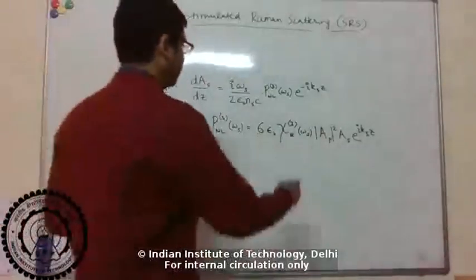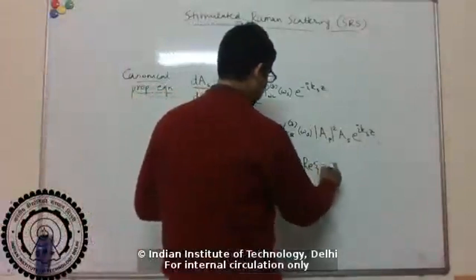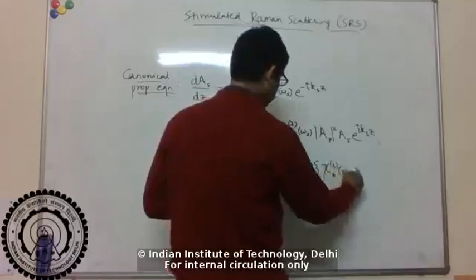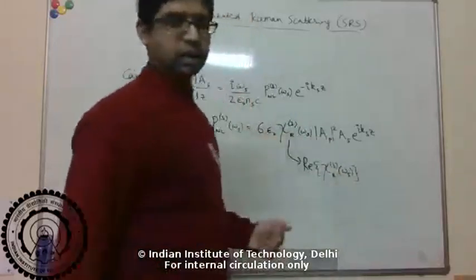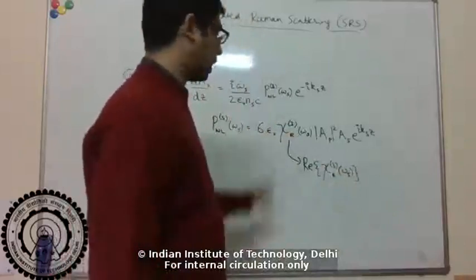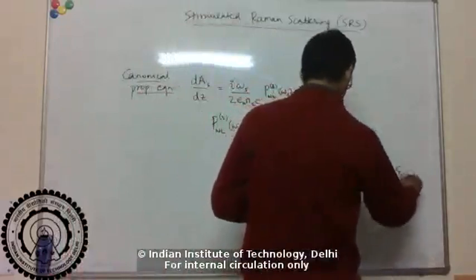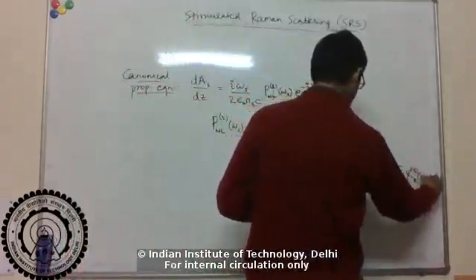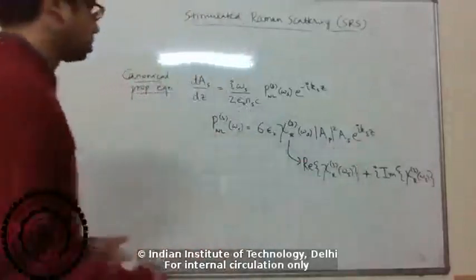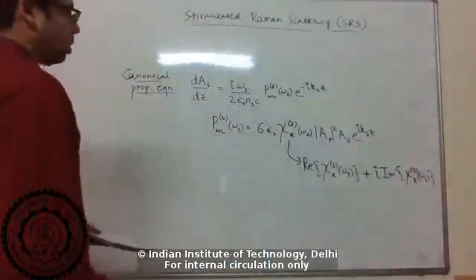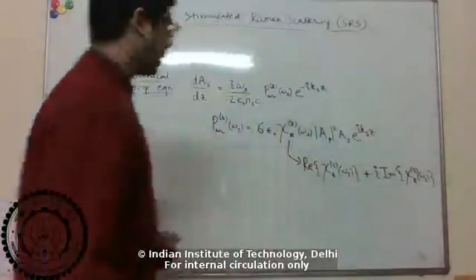Right, and we saw last time that this Raman susceptibility had both real and imaginary parts, right? So it had a real part which we'll see modifies the refractive index. So it will be something like the intensity dependent refractive index that we had seen earlier for the electronic chi3. And it had an imaginary part which will lead to gain or loss. Okay, so we'll see it leads to gain for the Stokes and loss for the anti-Stokes. Okay, so if we plug this expression into the propagation equation and explicitly write the real and imaginary parts separately,